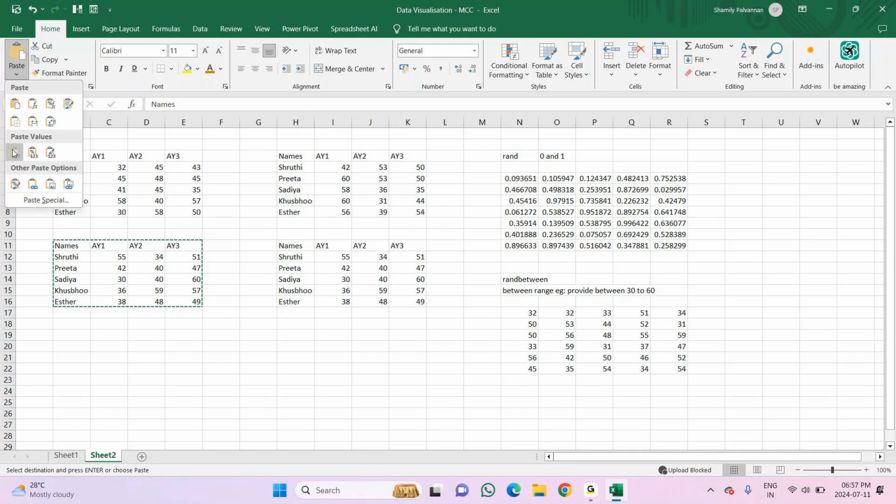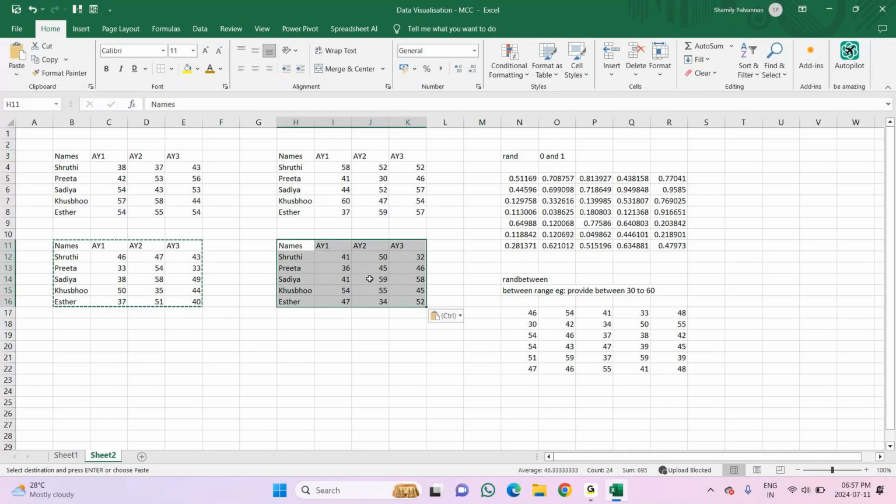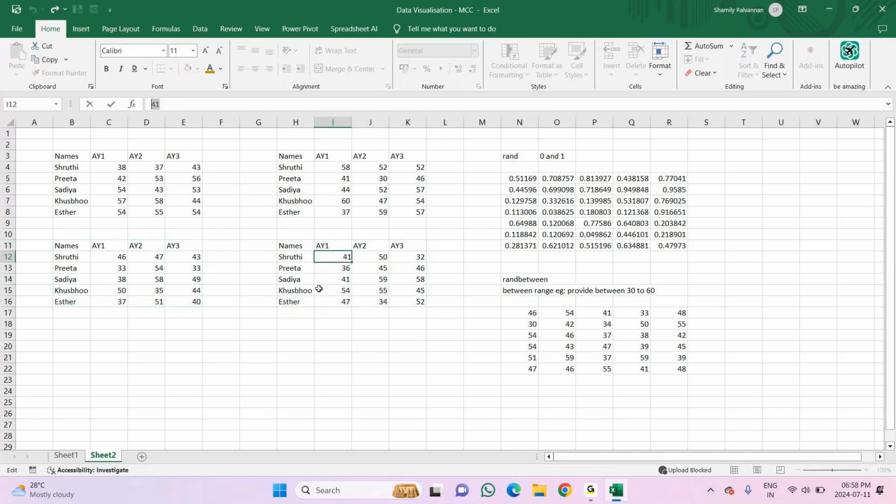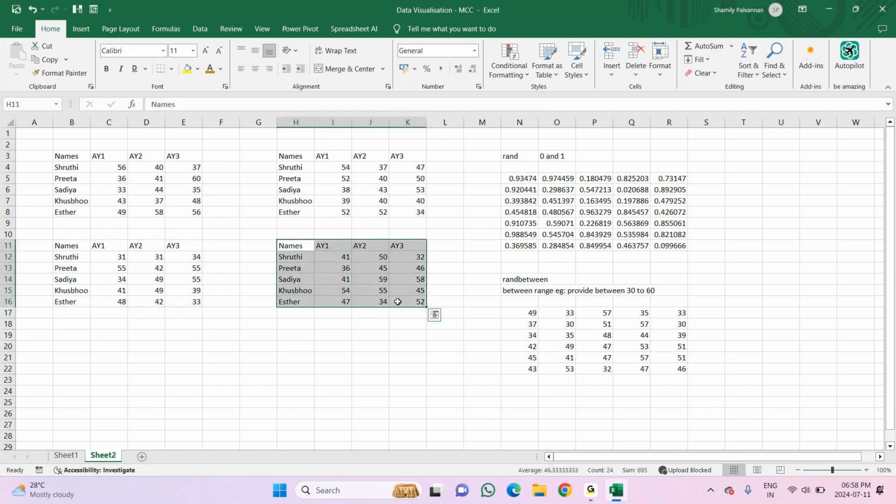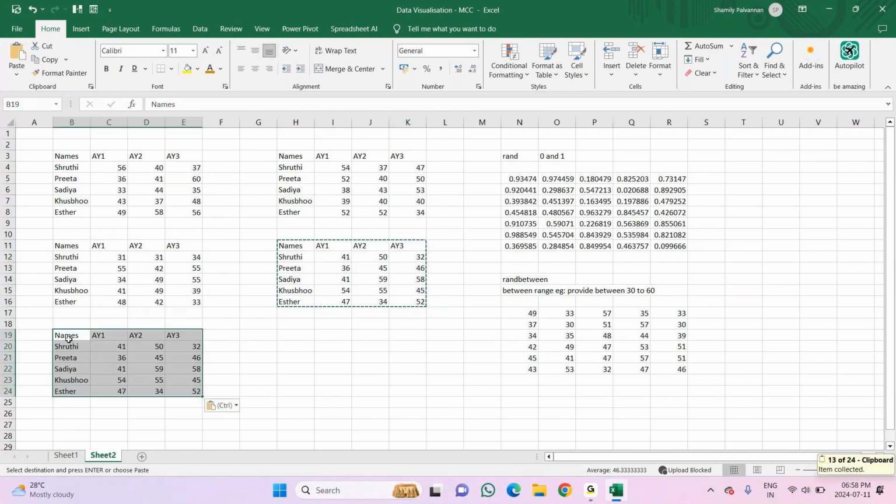If you click on this, it will be pasted as value. Now see, there are no formulas in your formula bar. It is only a value. Again, let's test this. I'll copy this and paste here. What happened? The values didn't change at all. It is the same as the previous place. Got it?